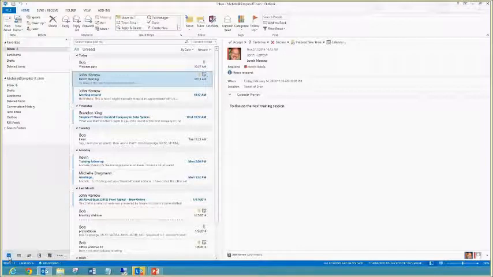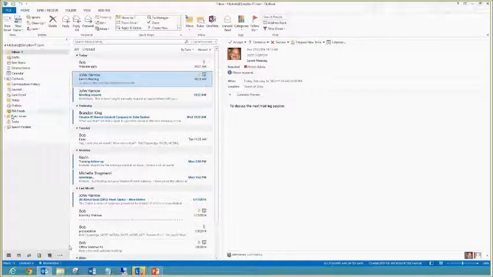I'm looking at the little envelope, the little calendar, the people, and the task. So it's a way of viewing and getting to those items quickly. Now, when I'm in the email, you'll notice that I'm just looking at the email folders. But if I click on the little button and go to folders, then I'm actually seeing all my folders, not only my inbox, but I'm also seeing my contacts folder, my calendar,